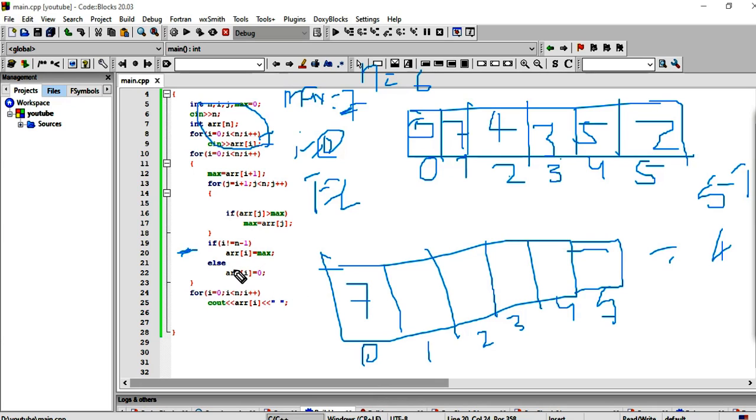Again i is incremented by 1, then i becomes 1. Now max becomes arr of i plus 1, so i is 1, i plus 1 is 2, and max becomes 4.